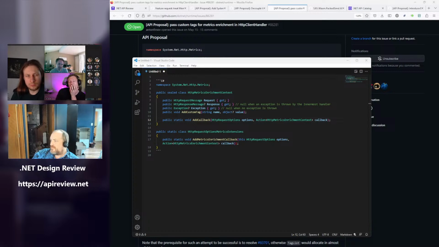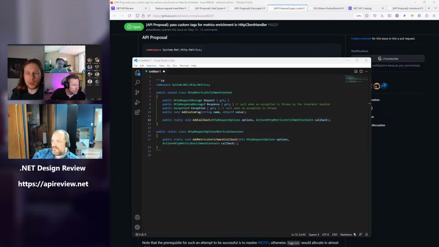So the extension method isn't needed, you can do it just like a third party would without using the extension method. Honestly, I think a third party would implement everything related to enrichment and metrics in a delegating handler. They don't need to bother with this. The reason we need to bother with this is because SocketsHttpHandler is not deconstructible.